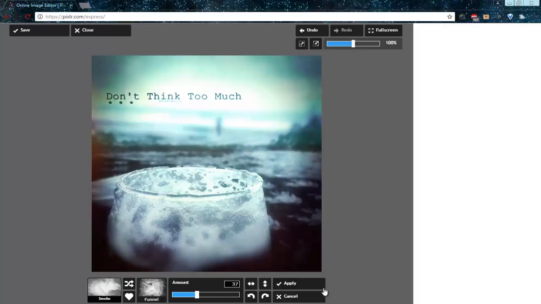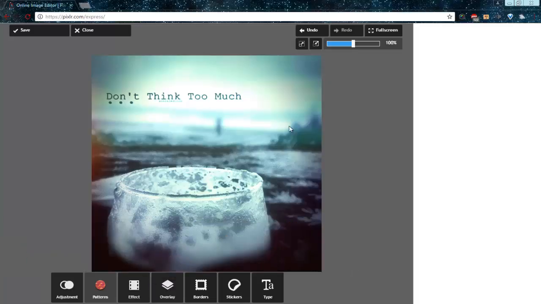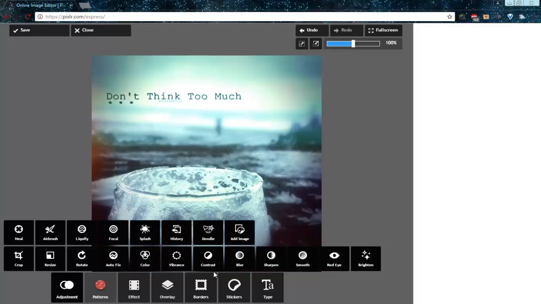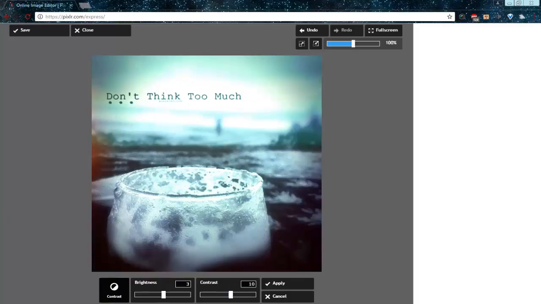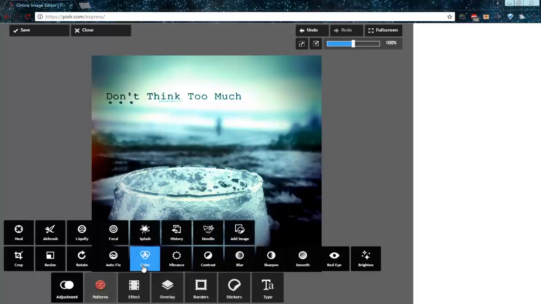So anyway, what has happened is after I put all these overlays and effects, as you can see, there's too much brightness in there and my text isn't being seen properly. So I can just go back to adjustments again. I can go back to contrast and decrease the brightness a little bit, increase the contrast just a little bit, and then I can go to color